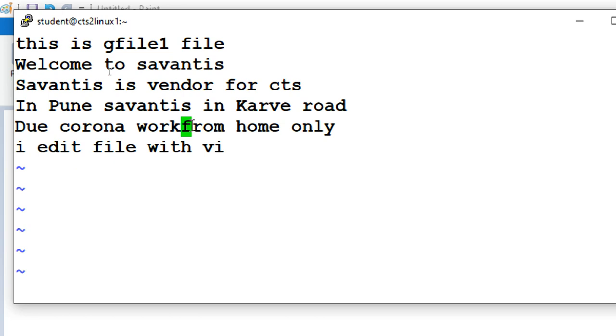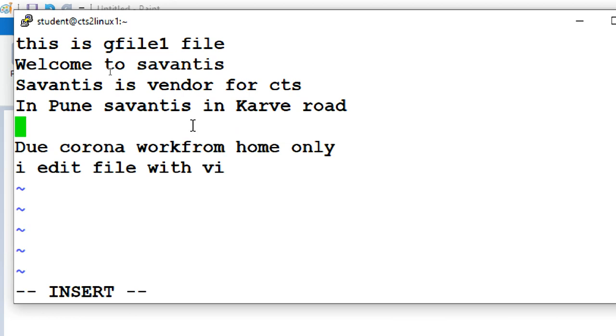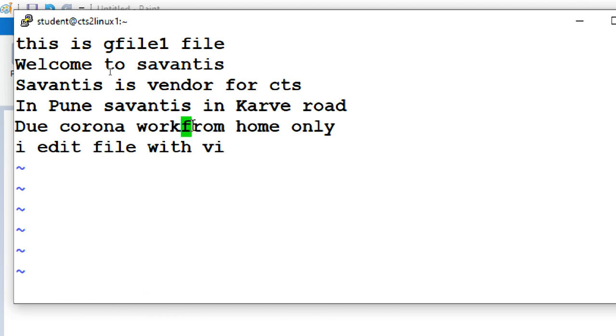Okay. Next, now I'm pressing capital O, which means shift O. It creates a new line in the previous one. First of all, it is going to create a new line above the current line, so it goes to the above line, and it is in insert mode. Okay, escape, and u means undo, because I don't want to change anything now.